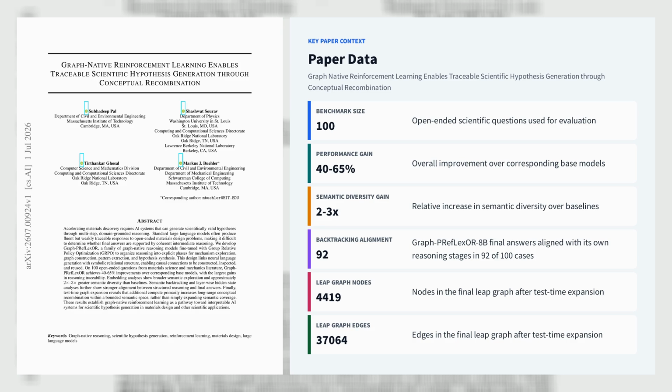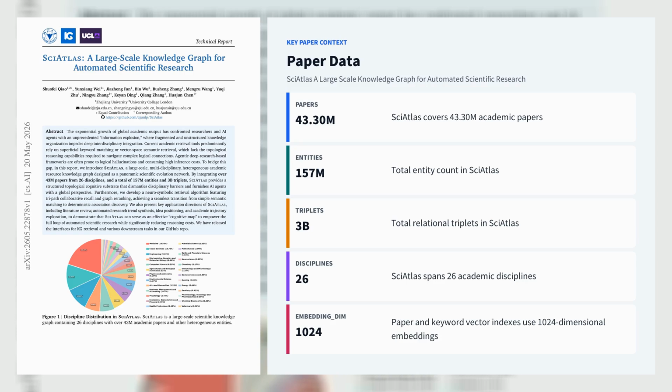Let's explore the second paper, SciAtlas, a large-scale knowledge graph for automated scientific research. SciAtlas is a large-scale, multidisciplinary knowledge graph for automated scientific research that targets the failure modes of keyword search, vector retrieval, and LLM deep research workflows, especially their weak topological reasoning and hallucination risk. Built from OpenAlex and deployed in Neo4j, it organizes 43.30M papers across 26 disciplines into 157M entities and 3